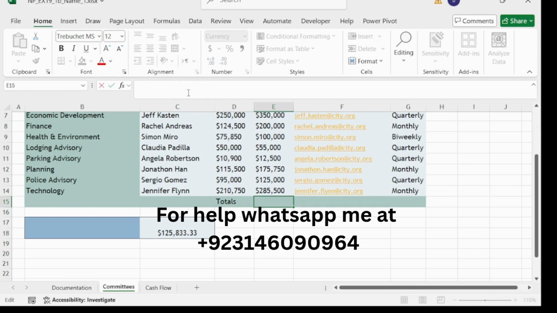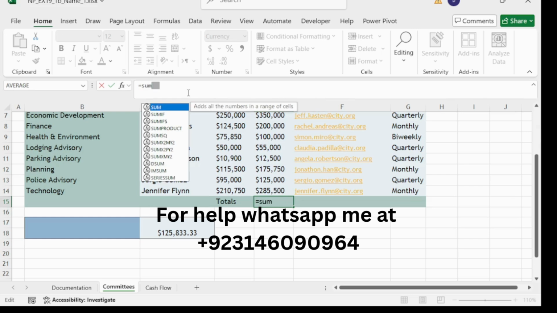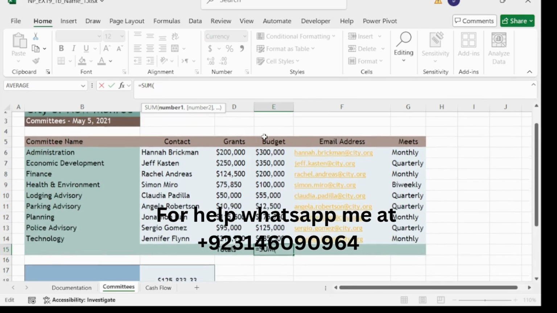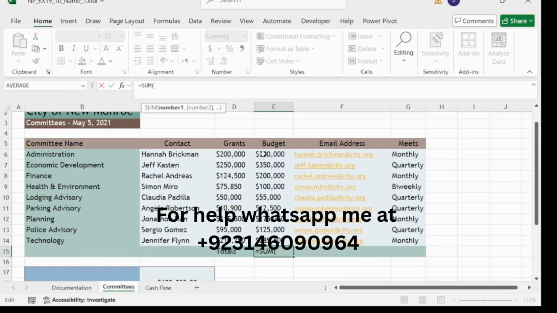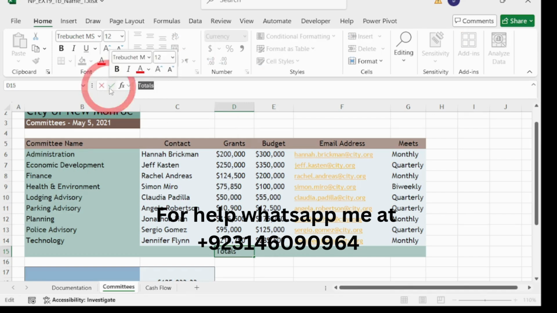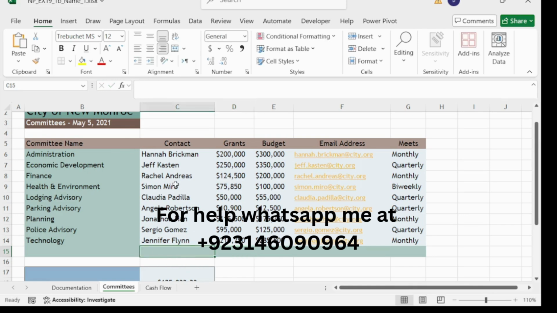So is equal to, type sum and double click on this, and now select the range. Our range is D6 to D14. Sorry, we need to do this in D15, so remove this, cut this and paste it into D15.